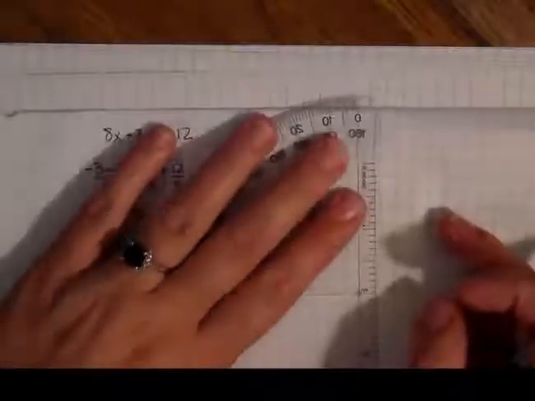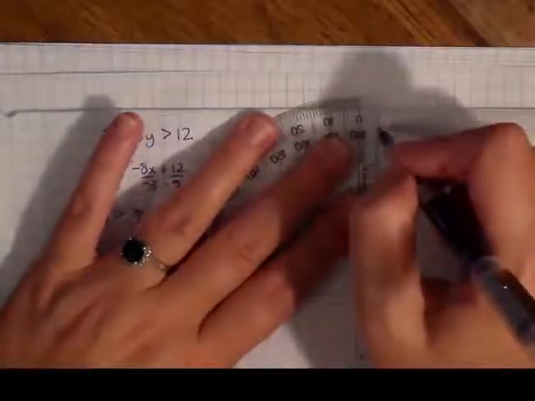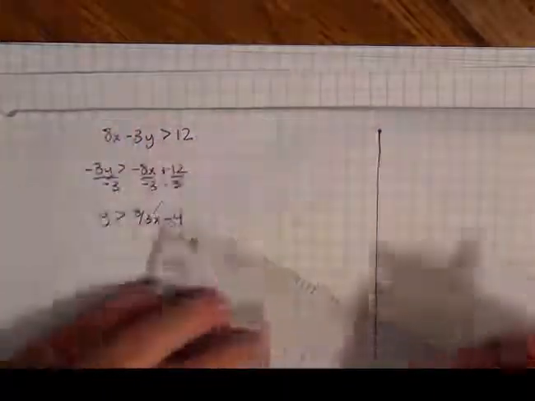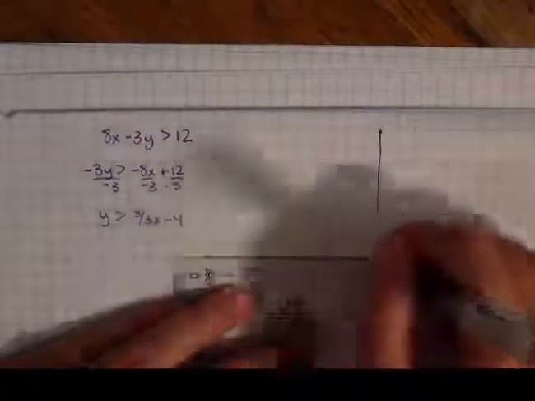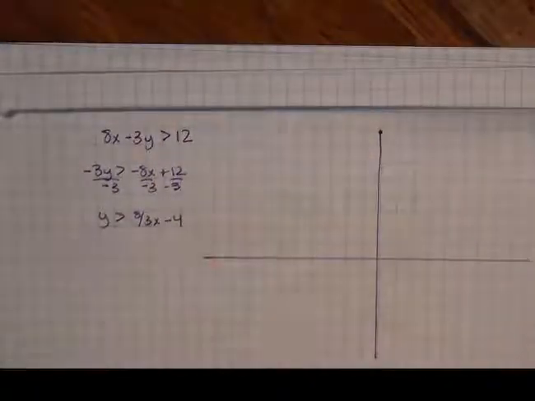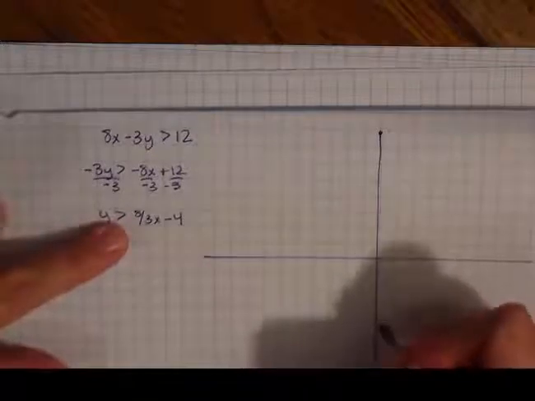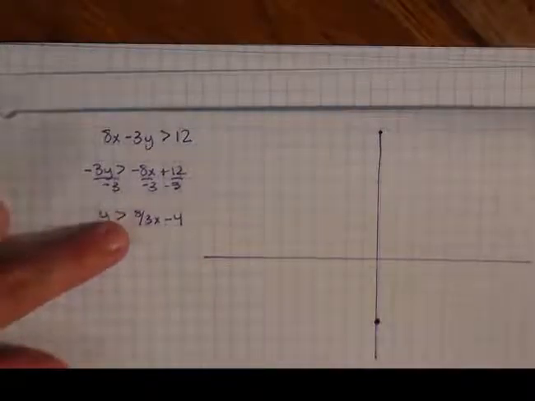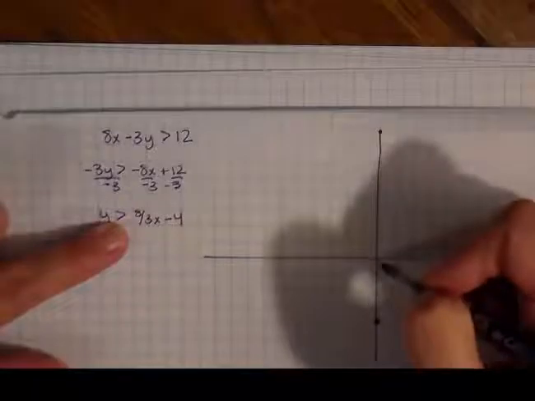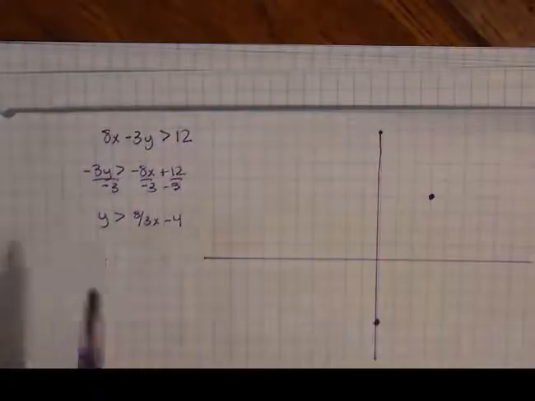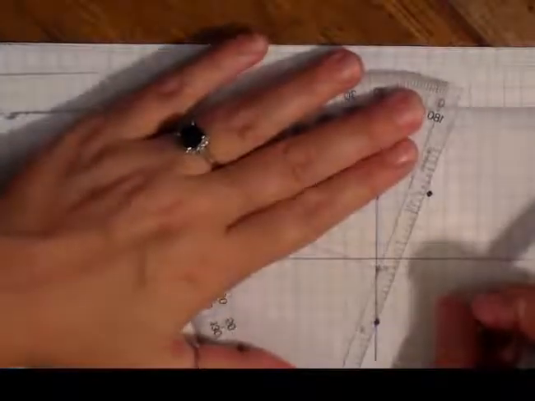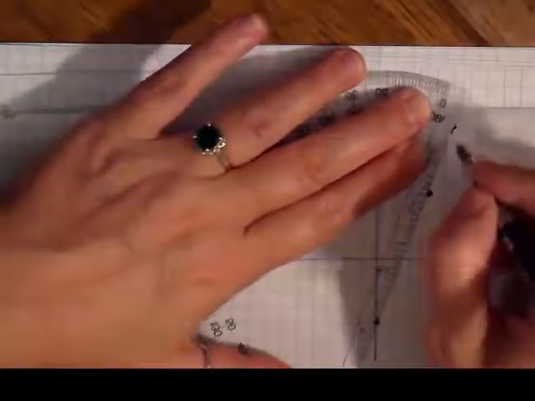So I'll go ahead and come over here and make my coordinate plane. Okay, I start at negative 4. That's my y-intercept, and I'm going to go up 8 and over 3. So up 8 and over 3. I have a greater than, so I have to graph this with a dashed line,